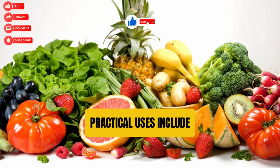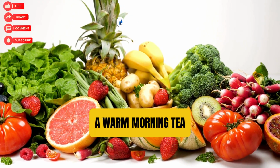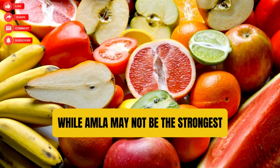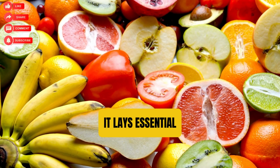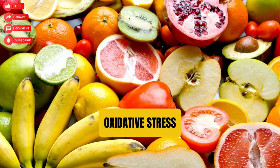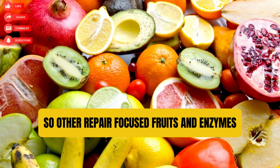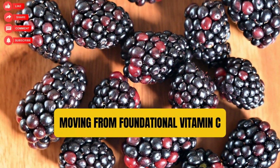Practical uses include a small glass of fresh amla juice, a warm morning tea, or a teaspoon of dried amla powder blended into smoothies or yogurt. While amla may not be the strongest anti-inflammatory on the list, it lays essential biochemical groundwork, reducing oxidative stress and supplying concentrated vitamin C, so other repair-focused fruits and enzymes can work more effectively, moving from foundational vitamin C to